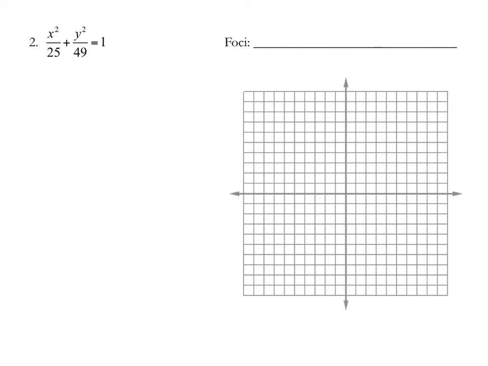Let's try another one. So in this next one, first thing that pops out at me, I'm thinking about what's in control. This is where the bigger number is. The bigger number for an ellipse tells me what's in control, so I know y is in control. And then I'm starting at 0, 0, and I'm going to move in the direction, square root of the denominator, in the direction of the numerator. So square root of 25 is 5, and because that has an x on top,